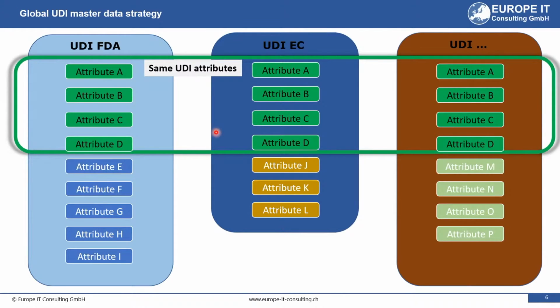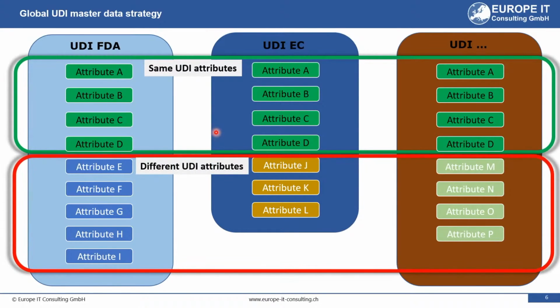For the attributes that differ, we need different data structures. This would minimize the overall maintenance effort. The idea behind this is to select the same attributes for the different authorities and save them within a global